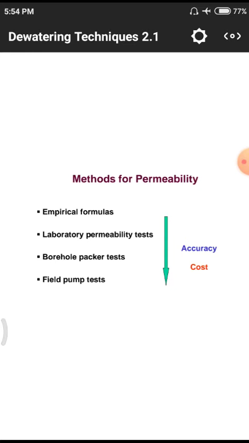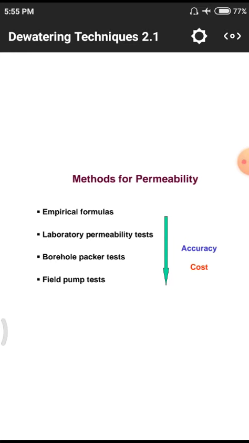Empirical formulas. By using these empirical formulas, we have some technical formulas. Those technical formulas definitely have a relation with the soil properties. Whenever we go to a particular soil, we have to observe the soil, take some amount of soil, and collect the particular properties and their data. After that we substitute into the empirical formulas. Definitely we will have the permeability value for that particular soil.